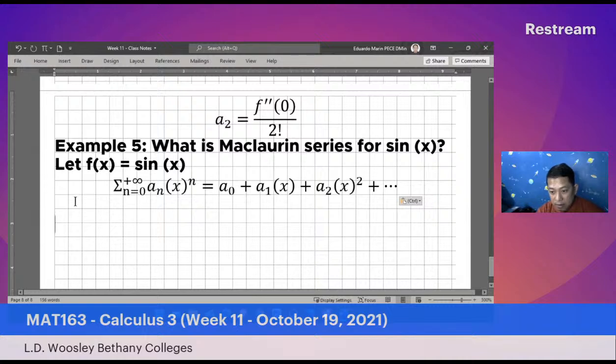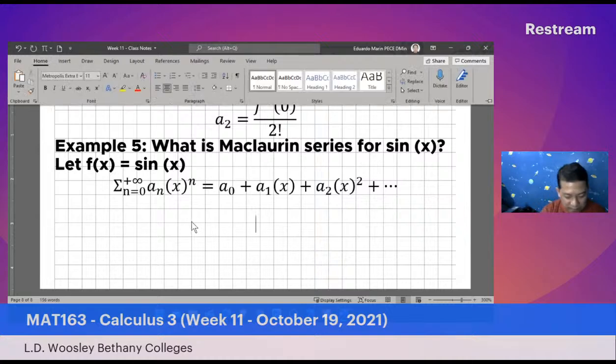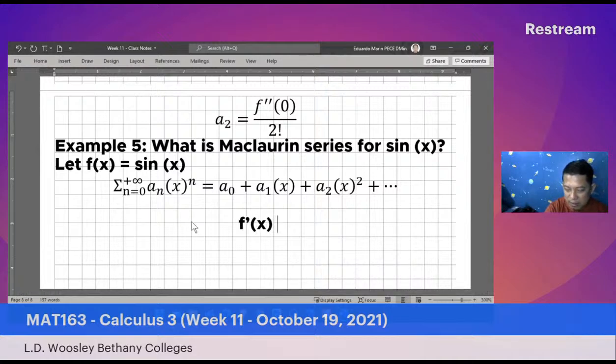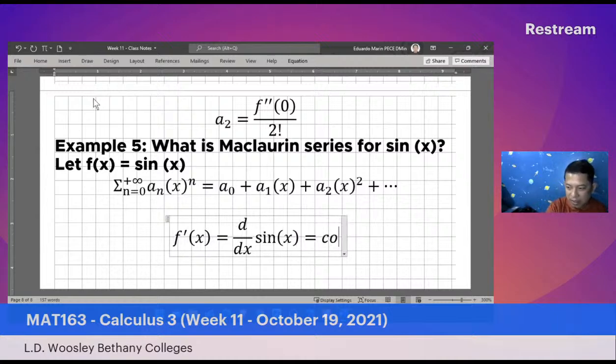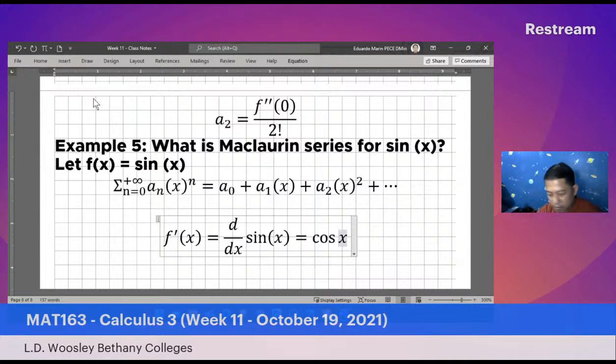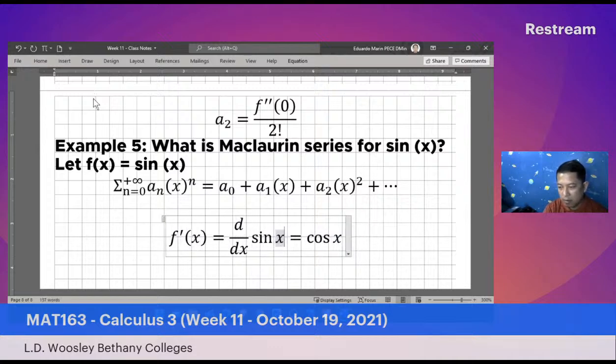Right? So now what would be the next thing here is to solve for the first derivative, f prime of x. That's the f prime of x now. f prime of x is actually the derivative of sine of x. And what's the derivative of sine of x? Of course, this is cosine of x. Alright? So yan muna ang titingnan natin. And it follows,